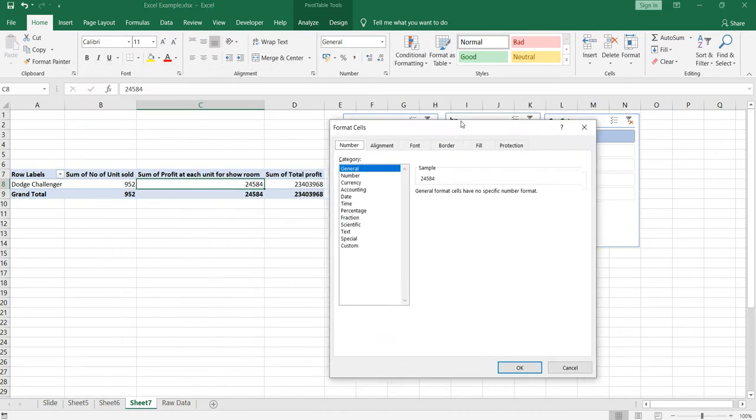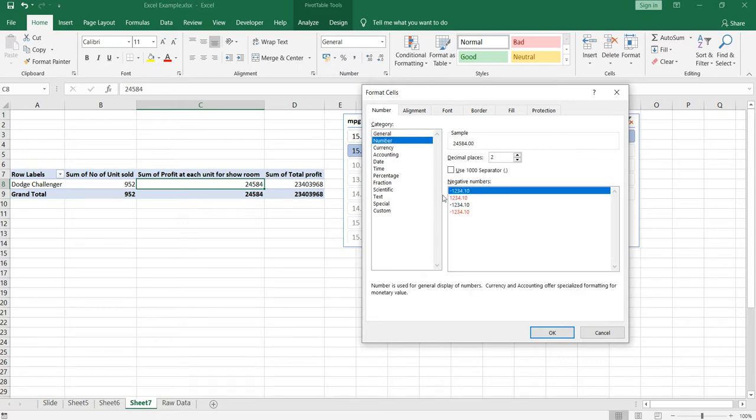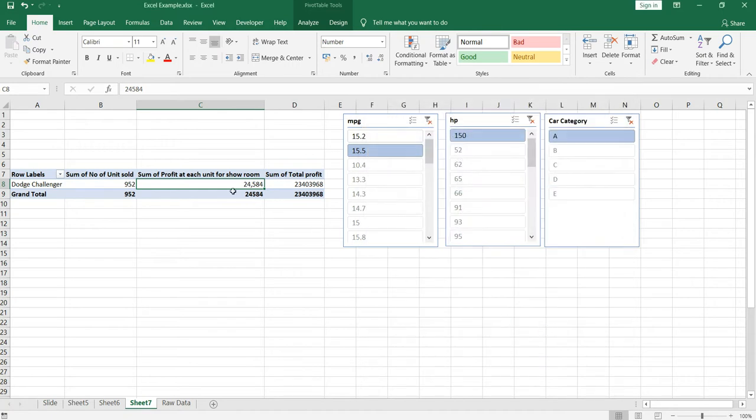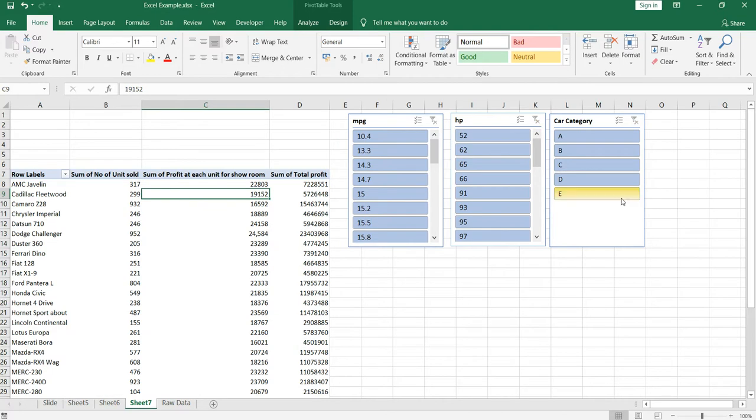Once you click on the format, you will get these options: general, currency, accounting, date and everything. Based on your requirement, you can format the cell number. For example, I'll select this and I'll use 1000 separator, and the decimal point will be 0. I'll click OK and you will see that your cell has been formatted. This format will apply only for this cell. If I unselect everything, you will see that for this car I had selected this format, so it's applied only on this cell. I'll unselect everything and clear the filters now.